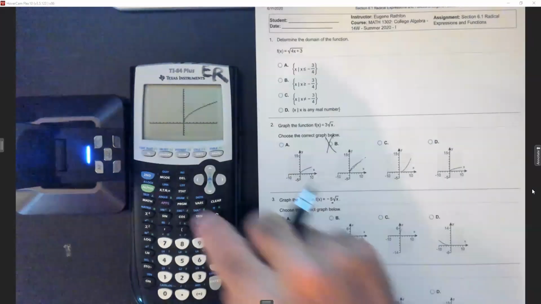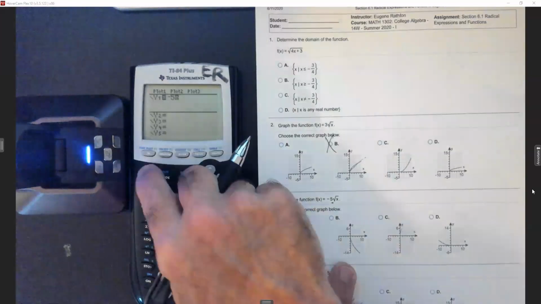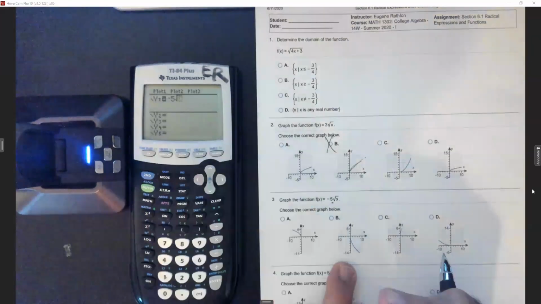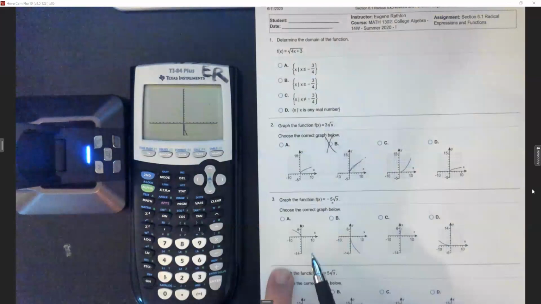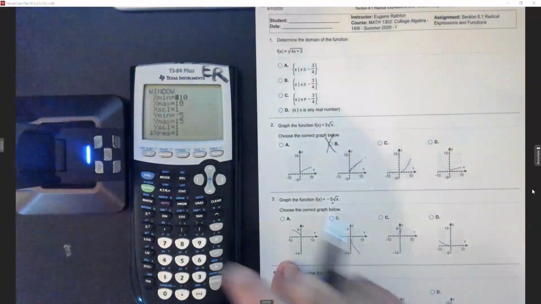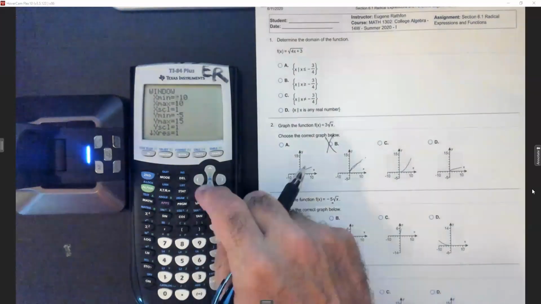I'm going to put this in as a -5, second x squared to get the radical, and then under it was an x. Now remember, when I graph it, it's not going to look like theirs because their y values are different. So let me go to my window. The x's are going -10 to 10, so I'm good on them. It looks like the y's on here,